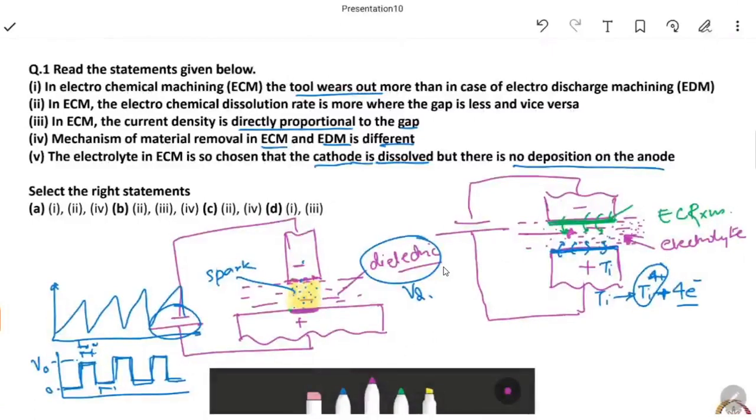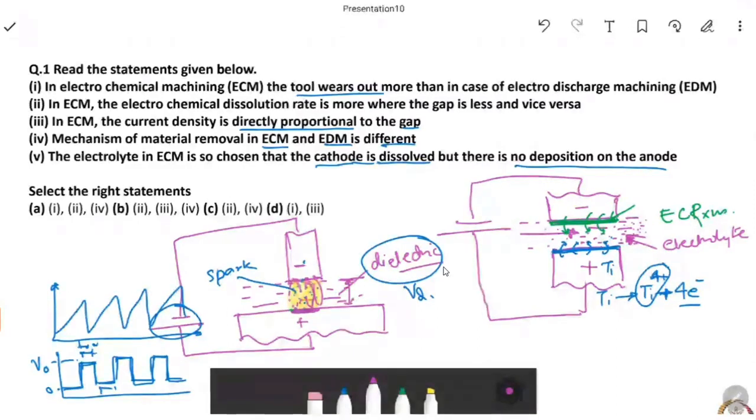One thing is that there may not be a single spark. There can be multiple sparks between the workpiece and the tool here. This gap is very small. I've exaggerated it here, and the interelectrode gap is much smaller. So we see that due to this spark, the material here is getting melted and vaporized. That's what we call ablation,